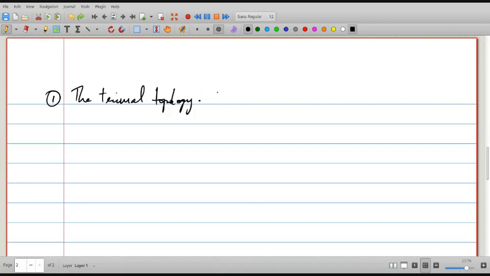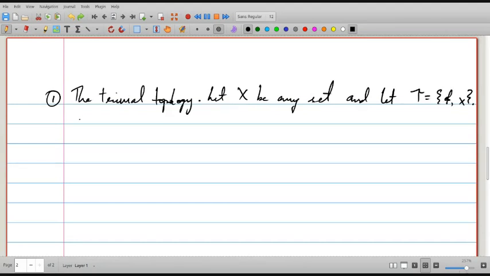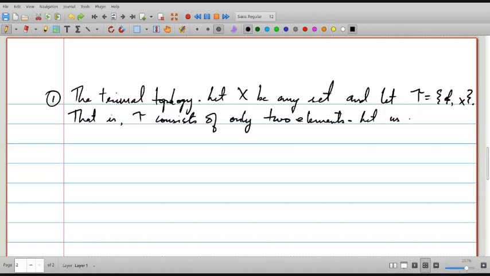So let X be any set and let tau be this subset of the power set of X. So that is, tau consists of only two members, only two elements, the empty set and X. So let us check. There is a trivial check